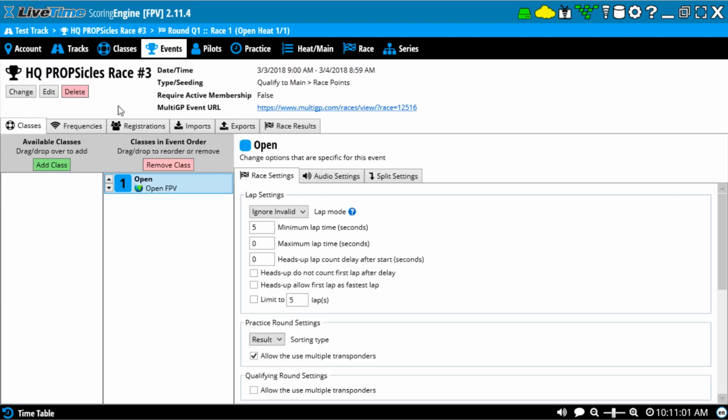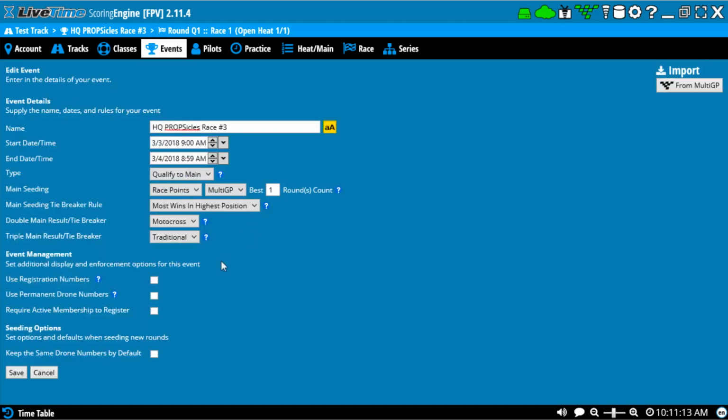I've actually deleted and re-imported this event several times. So say you screw something up and it's still before the race, you just want to start over, you can always delete it and redo that step. So real quick, we'll go into this edit screen. This is what it would look like if you were to create a race manually, but since it's importing it, you skip this screen. But what you do want to do is go back in here to edit, and over here for the main seeding, you want to pick